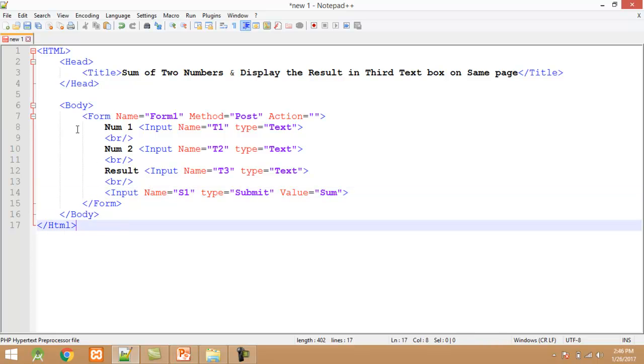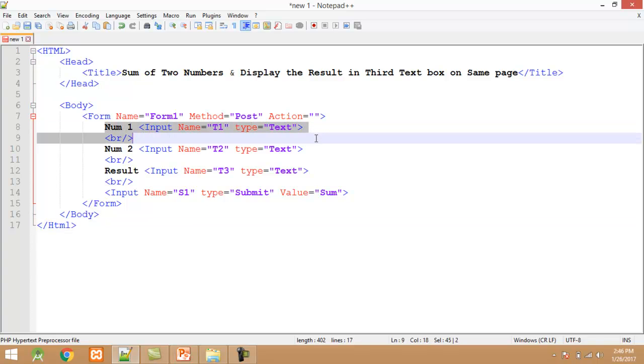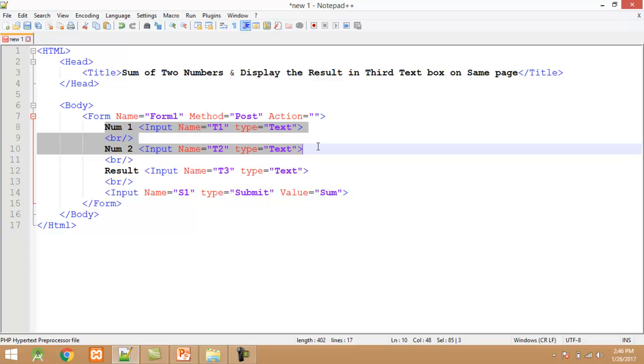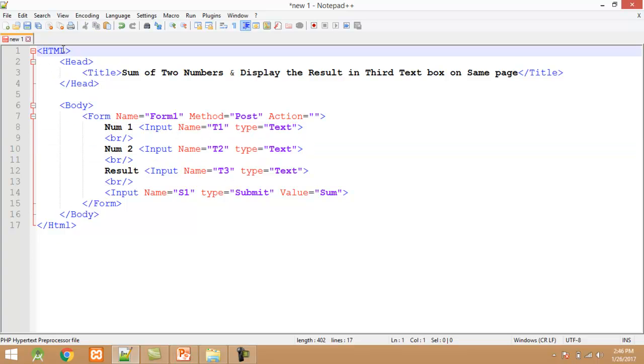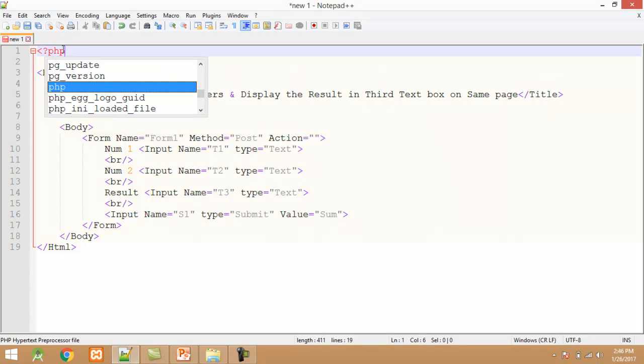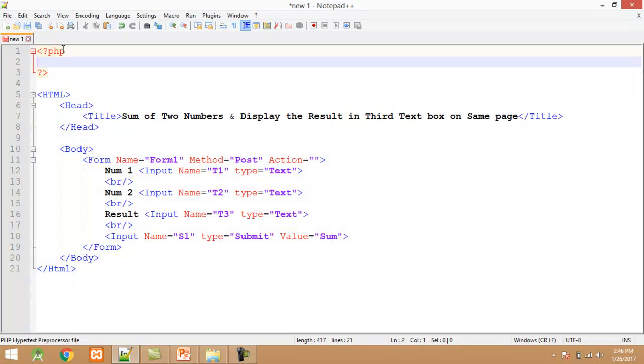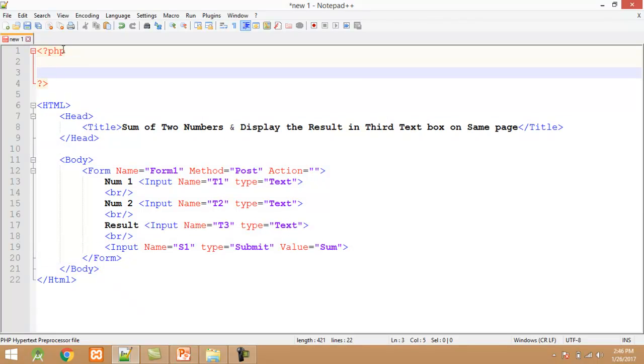Now I want to perform addition operation on the text box 1 and text box 2 value. Therefore I just write the PHP code before the HTML tag. For this, just start the PHP tag, and right now I close it. In this PHP tag we must declare variables for storing the form's data like